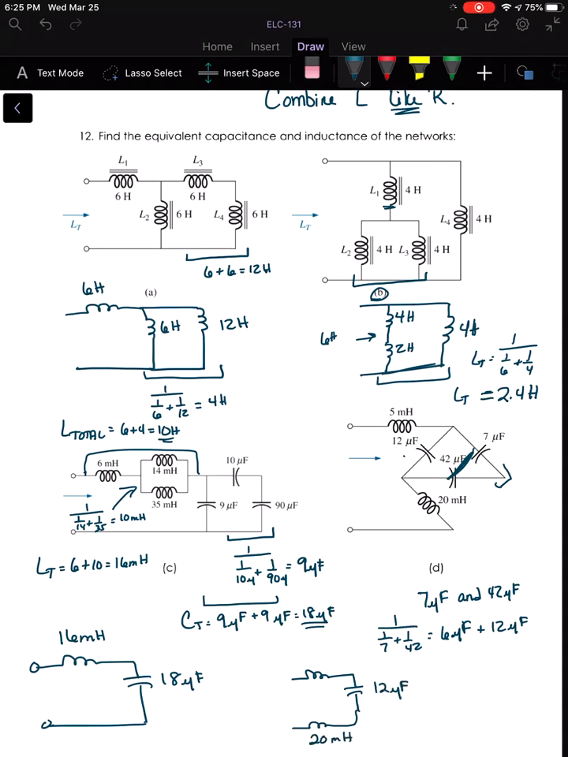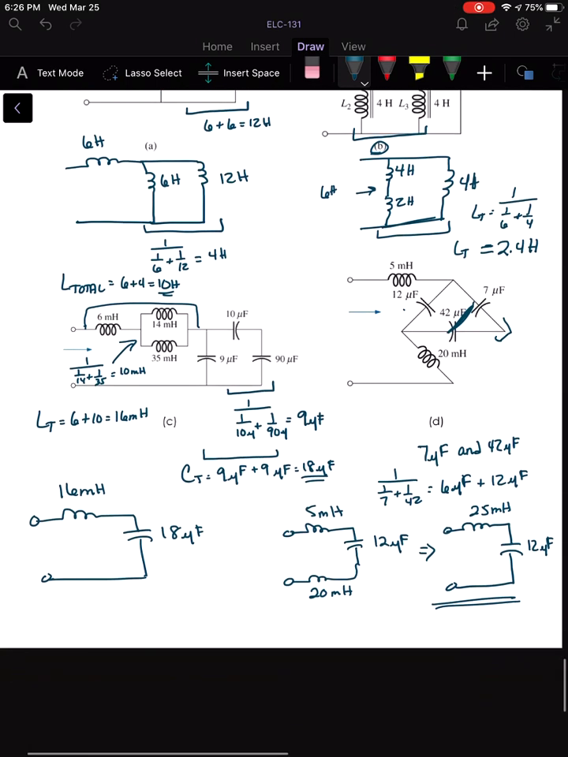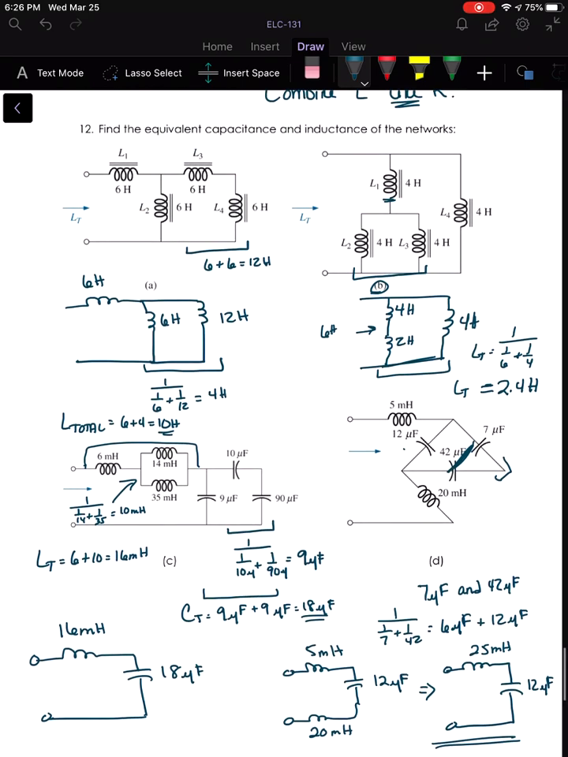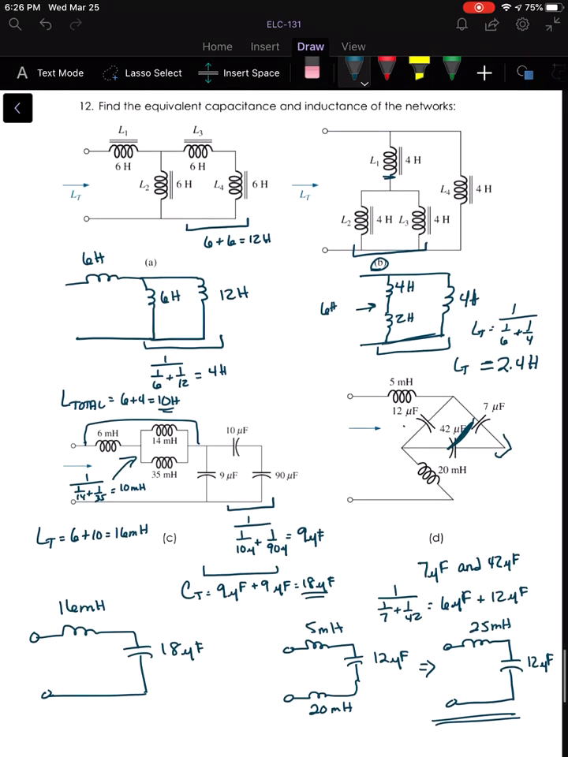So what that gives us is something like this. You've got your 12 microfarads in between the 20 millihenries and the 5 millihenries. And since these are in series, we can really shuffle them around a little bit so that we combine the inductors. So I've still got the 12 microfarads here, and we've got 25 millihenries there. And this is the simplified version. Okay, so go back through that and practice if you